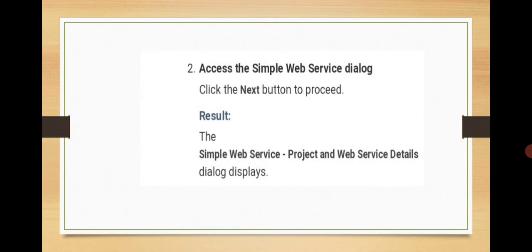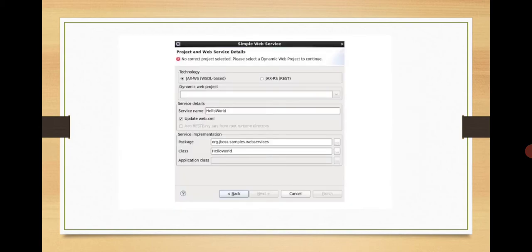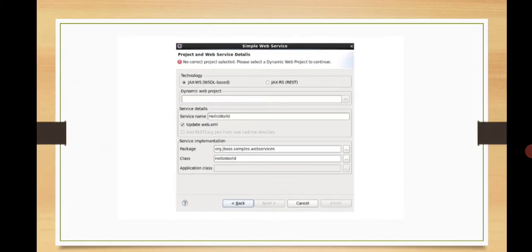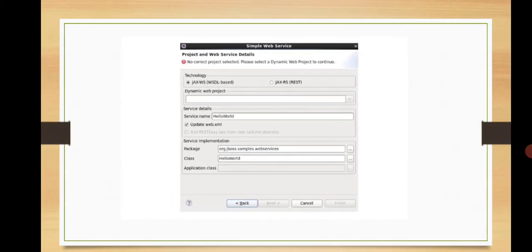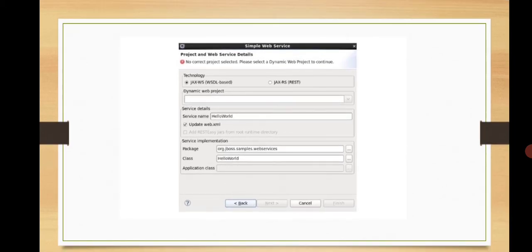And the second step is to access the simple web service dialog. First we have to choose the dialog, and the service accesses the dialog. So we have to click the next button to proceed, and the result is given below. The simple web service project and the service detail dialogs are displayed in the picture. The result is shown in the picture. We have to create the service page and